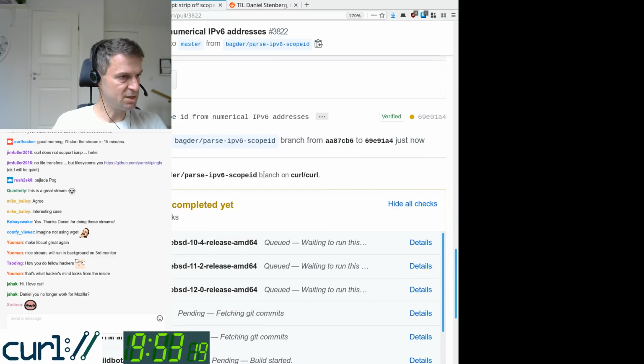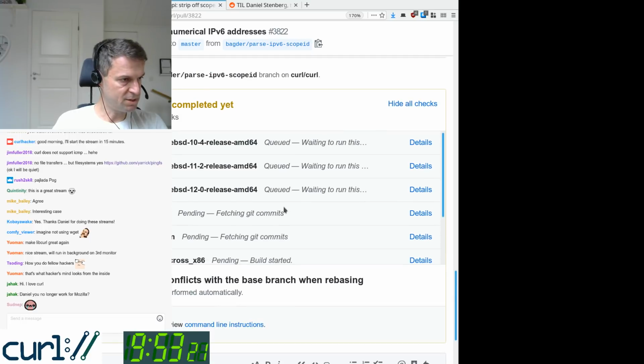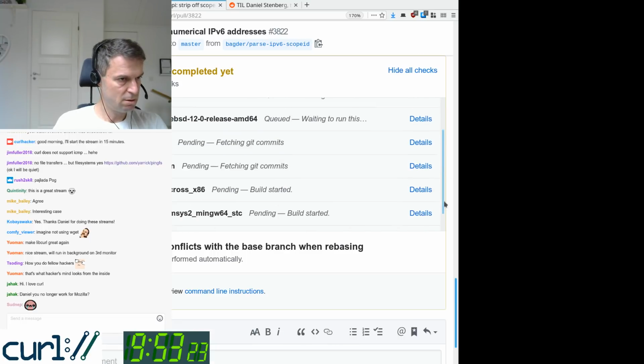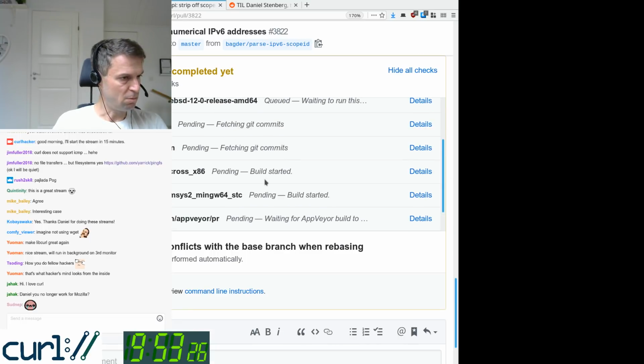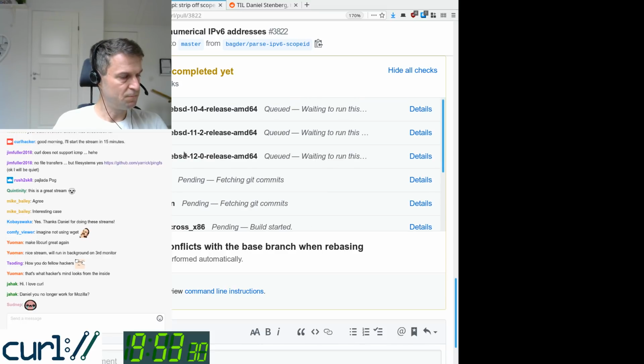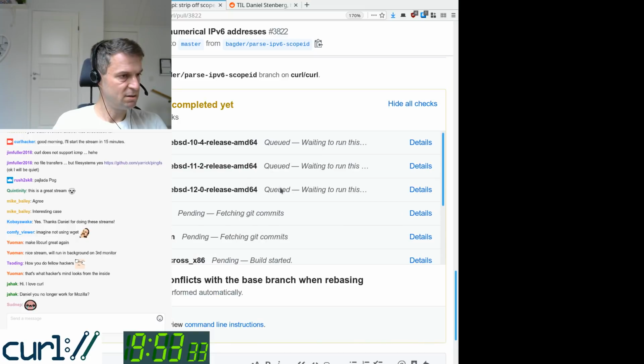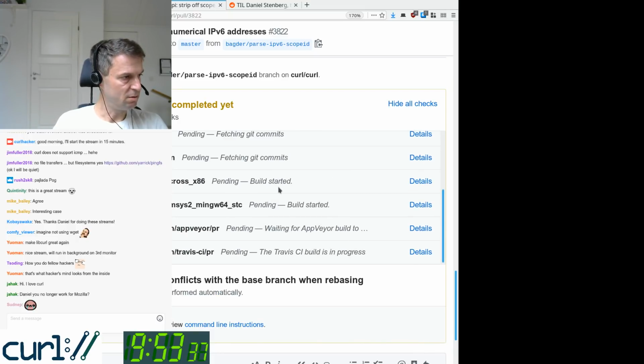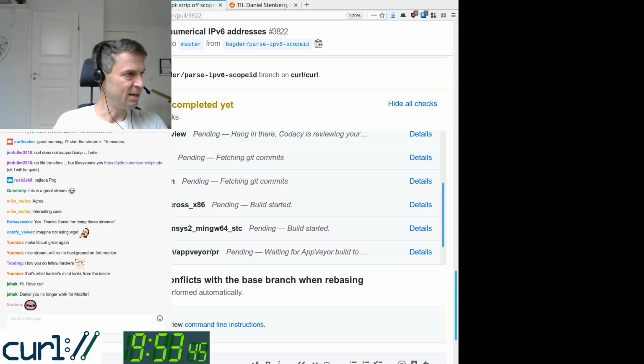Force push just now and it'll restart all the CI builds. Sometimes I appreciate that a few of these are really fast, so they will show the initial results within a few minutes, and if the initial result is red already within a few minutes, then I can just go back and